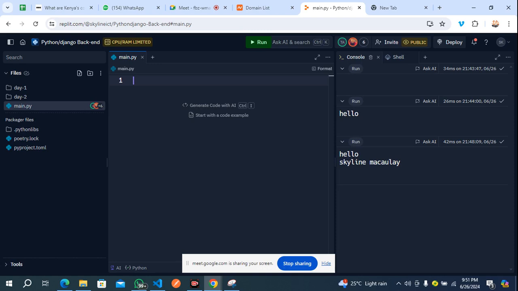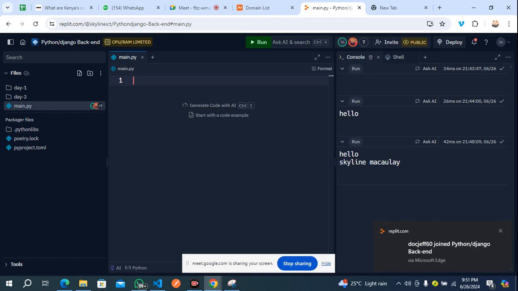If you don't understand any line of code, there are a lot of resources around, like AI, that can help put you through any line of code you don't understand. If you don't understand what to print, you can go to ChatGPT, go to Meta AI. We have Copilot that will help you break down this code.